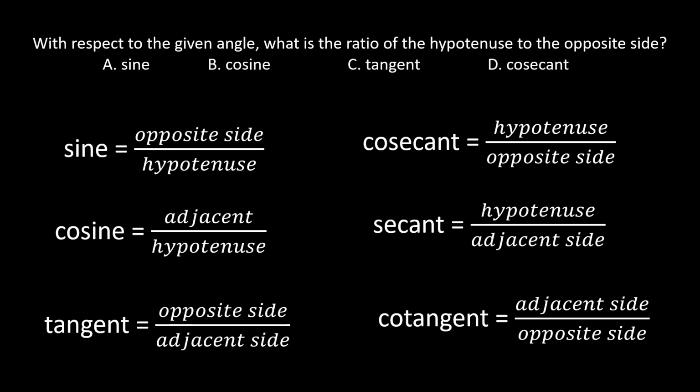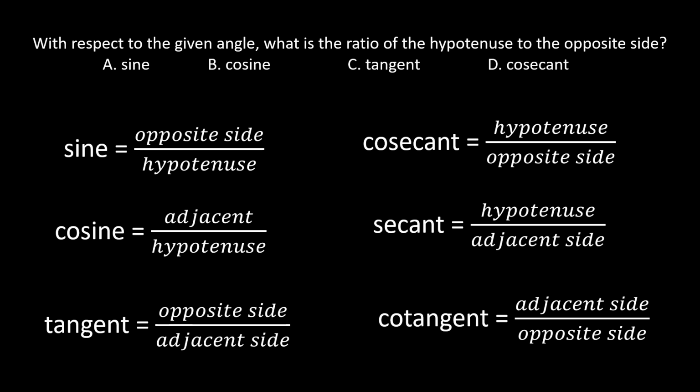Okay, grade 9, here is your reviewer in trigonometry. With respect to the given angle, what is the ratio of the hypotenuse to the opposite side? So, if we recall the trigonometric ratios, the six trigonometric ratios involving a right triangle, then we can have sine,